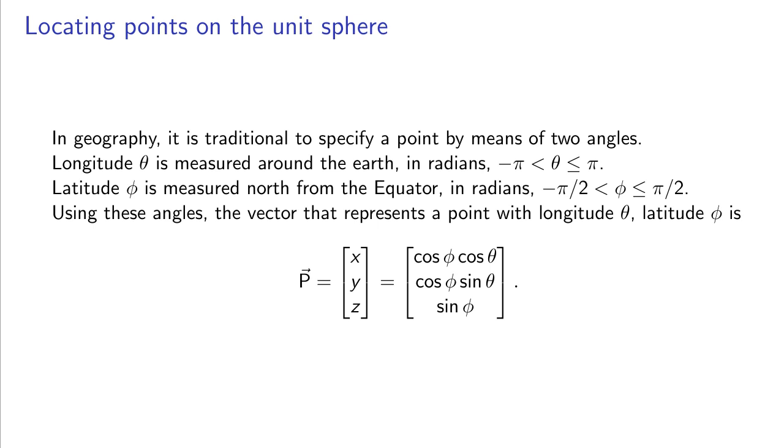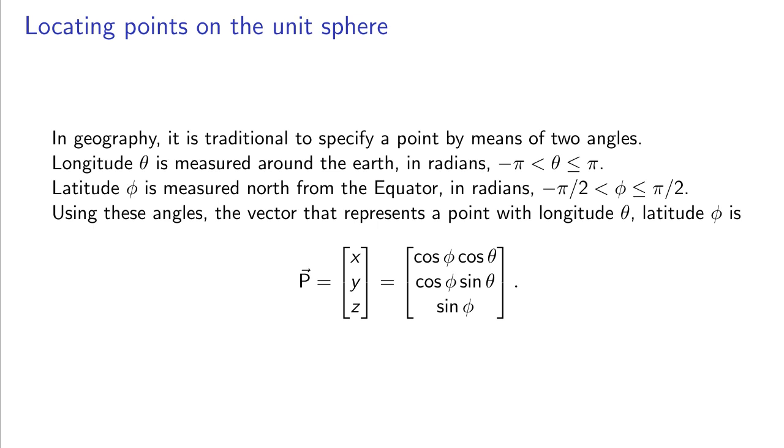And now we can write the three-component vector that represents a point with a specified longitude and latitude. This is very important. We're going to be using it over and over again, and we'll use something very similar with hyperbolic functions when we do hyperbolic geometry. The z-coordinate, measured north up from the equatorial plane, is equal to the sine of the latitude. Starts at 0 at the equator, goes up to 1 at the North Pole, down to -1 at the South Pole. At latitude phi,